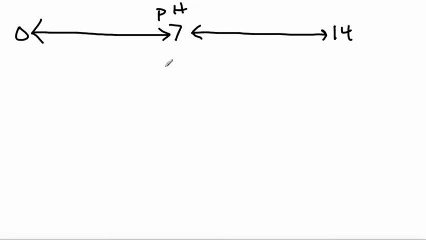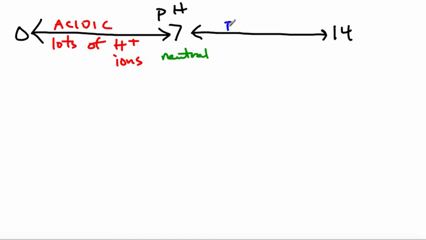We define 7 as neutral. If you have a pH value that's between 7 and 0, that's considered acidic. And that just means we have lots of H+ ions in solution. And if our pH is above 7, that means the solution is basic, which means fundamentally we have lots of